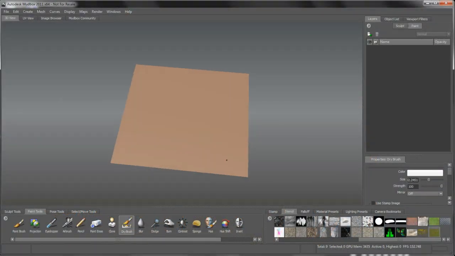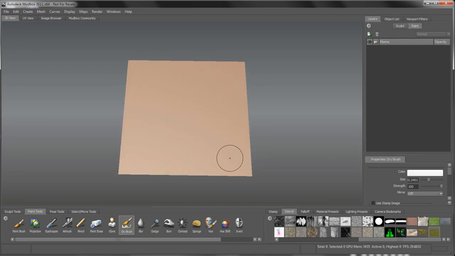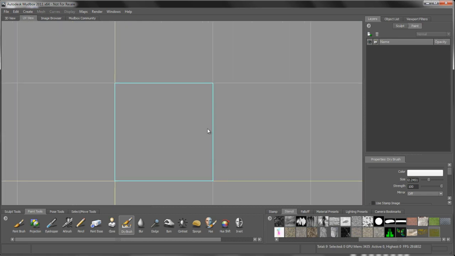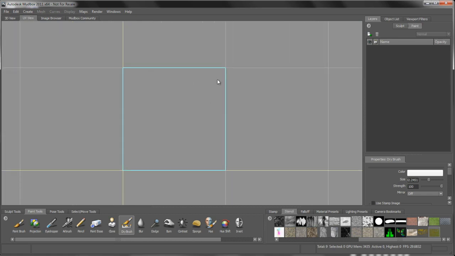This is just a quick technique for creating a tileable texture within Mudbox. So, very easy way to do this. I've included with this tutorial one of the resources, just a simple little base plane. You can build this in any package. The difference is if you go to the UV layout, what we have here is actually tiled, but it's